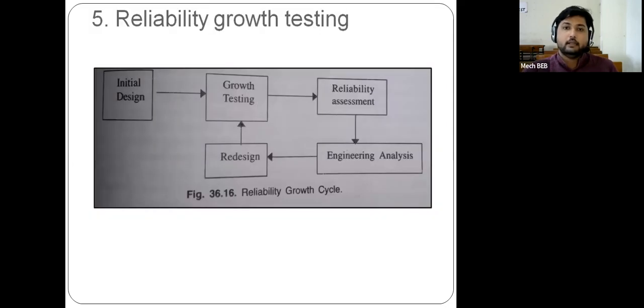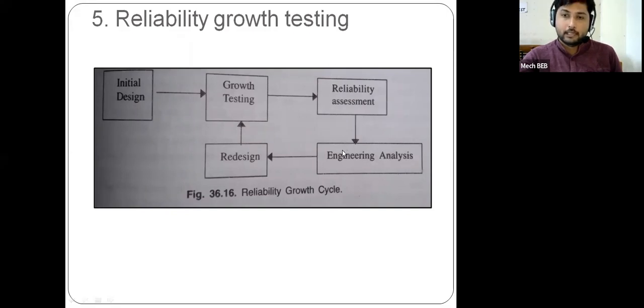Experimental design testing. And the last one is reliability growth testing. Now reliability growth testing is a part of the product life cycle. Initially you have prepared some initial design, and you have performed the design testing on that particular product. Burn-in testing or experimental testing you have performed. Then you have taken the reliability assessment of that particular thing. So how reliable is that particular product? Then once again